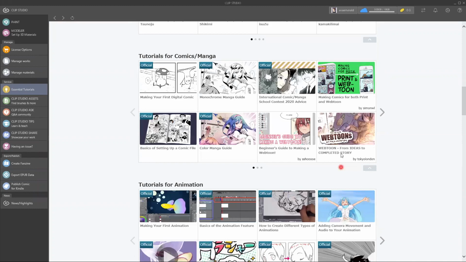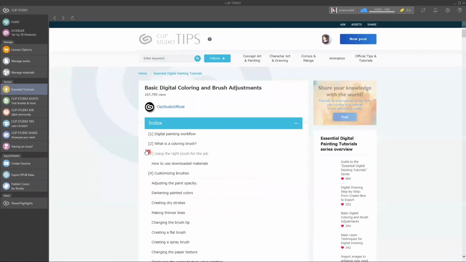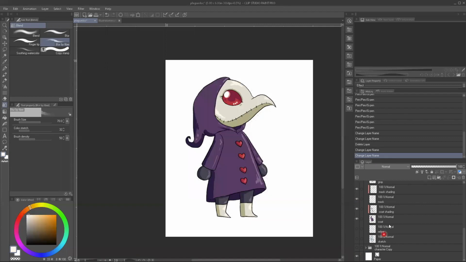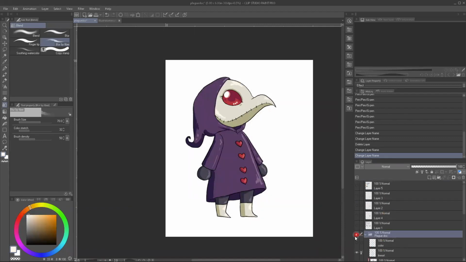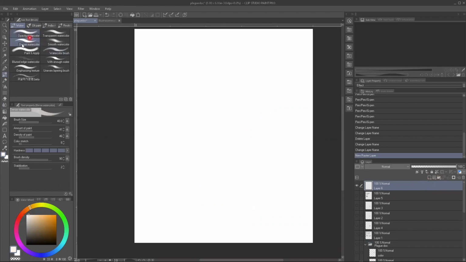But yeah, I like these ones that are from Clip Studio. This one teaches you how to adjust the brushes, because when you're in Clip Studio and you are looking at the brushes, they give you a lot of options. So if I'm on the brush tool and I'm on the dense watercolor, there are all this stuff, and you're like, what does it even do? So there's the brush size,